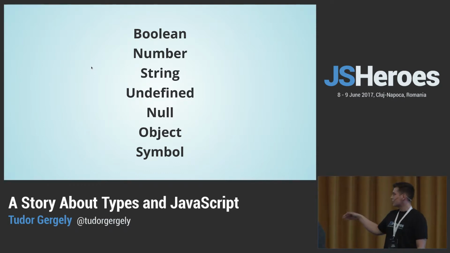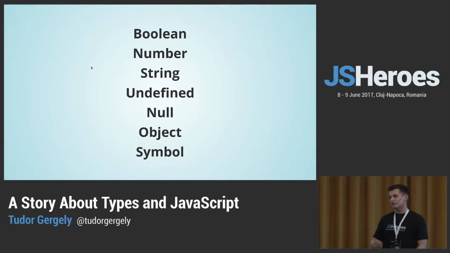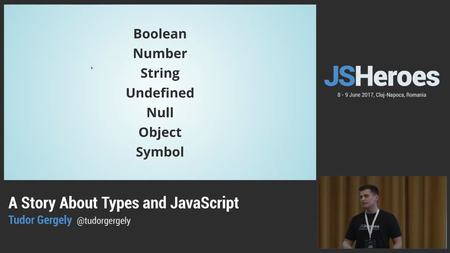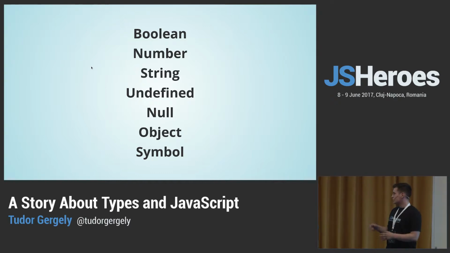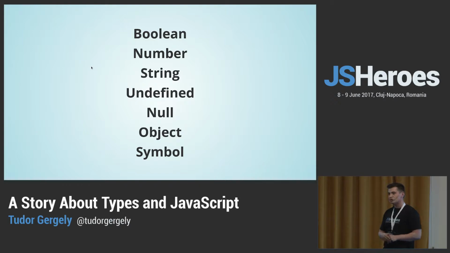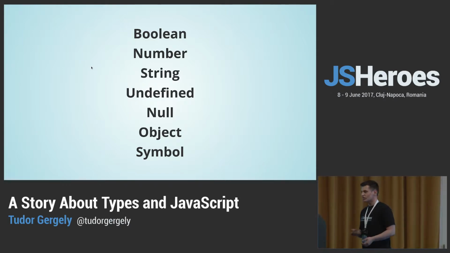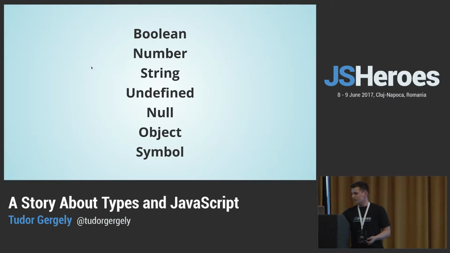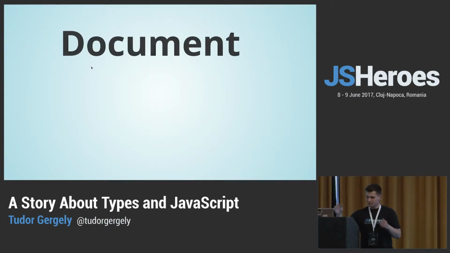What's important is that, as I said, types are there even if you don't think about them. So those are the 7 types you have in JavaScript now: Boolean, number, string, undefined, null, object, and now symbol. Those are all the types that the runtime has, but you don't have to tell it what to use. It will figure it out on its own. But will it do so well?